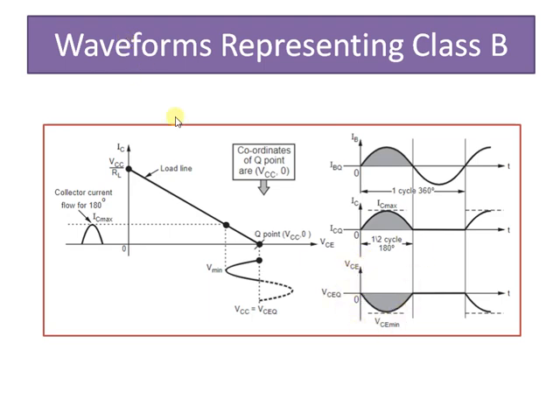One interesting part of the class B is that because 1/2 of the input cycle is equal to 180 degree of the signal, if we make use of two class B operations, one can produce an output positive half cycle and another can provide operation on the negative half cycle. So the combined half cycles can then provide us an output of full 360 degree. And this type of connection is called the push-pull configuration, which we will study in the further tutorial.